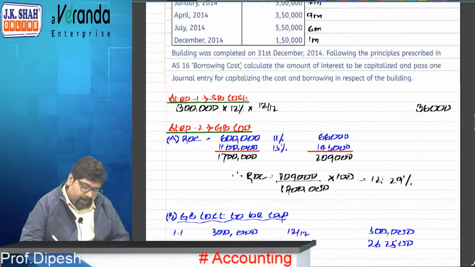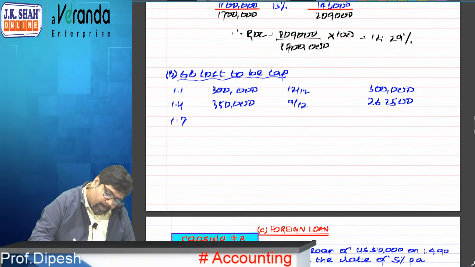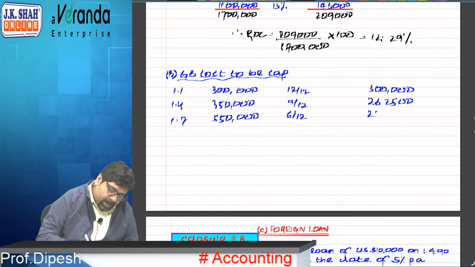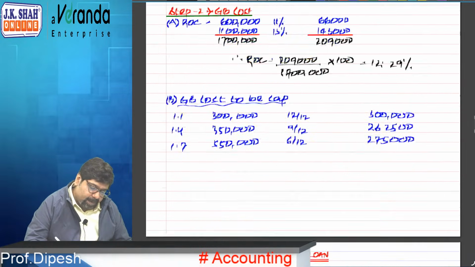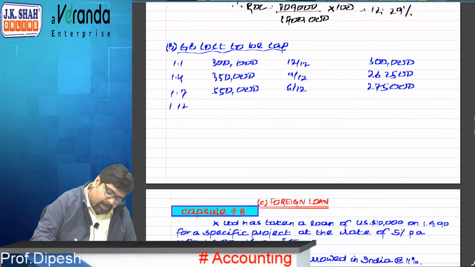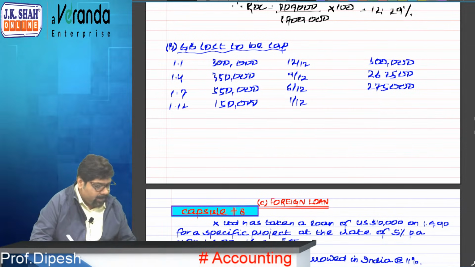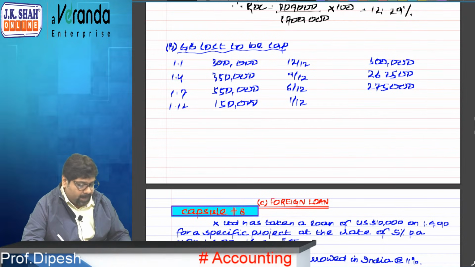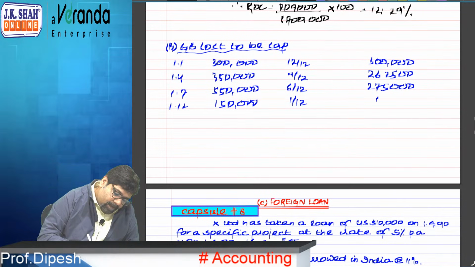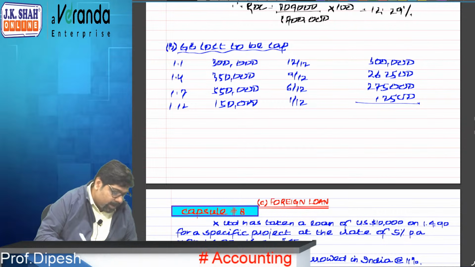Then 1st July, 5,50,000 into 6 by 12, is 2,75,000. Then in December, 1,50,000 into 1 divided by 12 is 12,500. Total will become